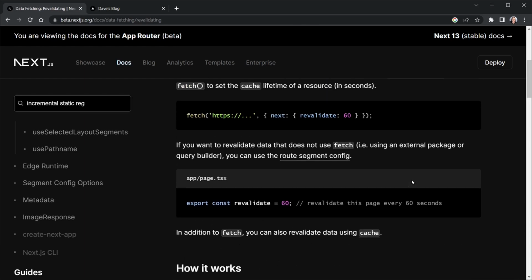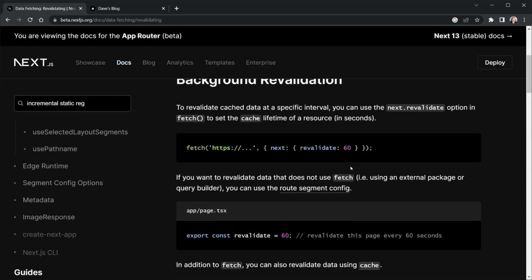Now remember, we're not using fetch, but if you are using fetch, whether it's with a Sanity IO request or some other headless CMS, or you're requesting data from an API somewhere or who knows where, you can, of course, specify the revalidate number right inside of the fetch request, and this will override what you might have for a route config as well. And remember, your route config can only go inside of the page or layout for your